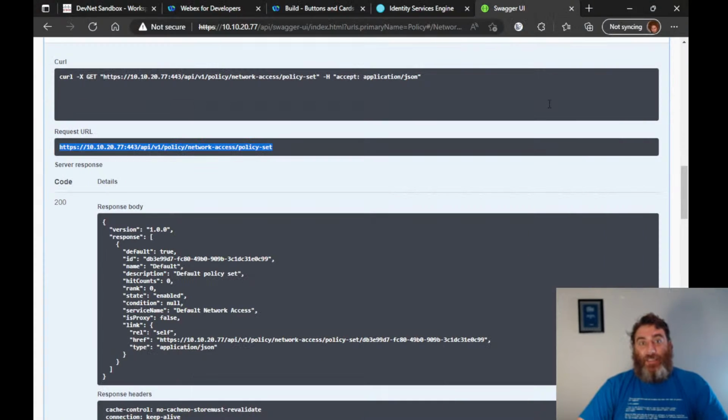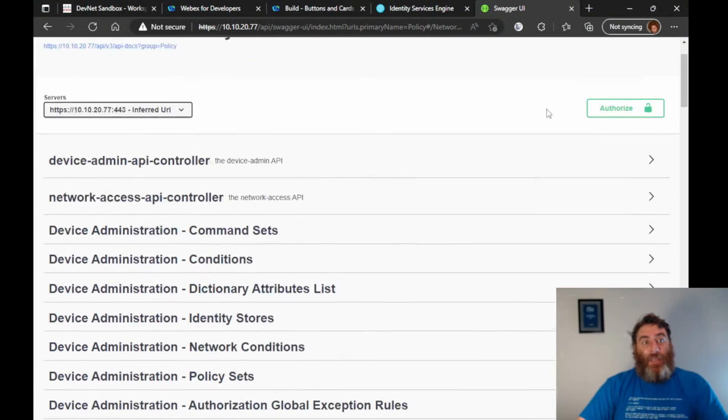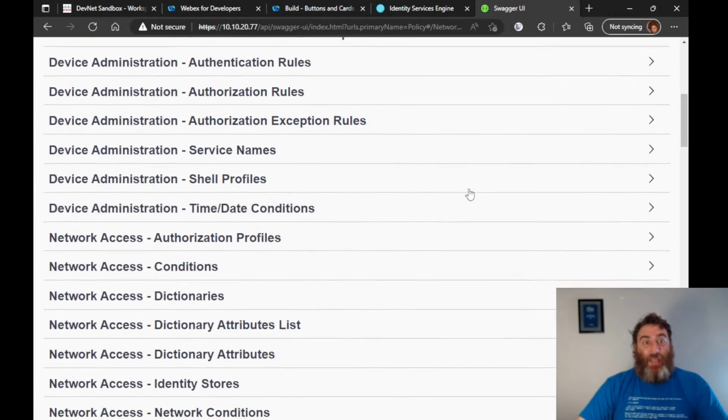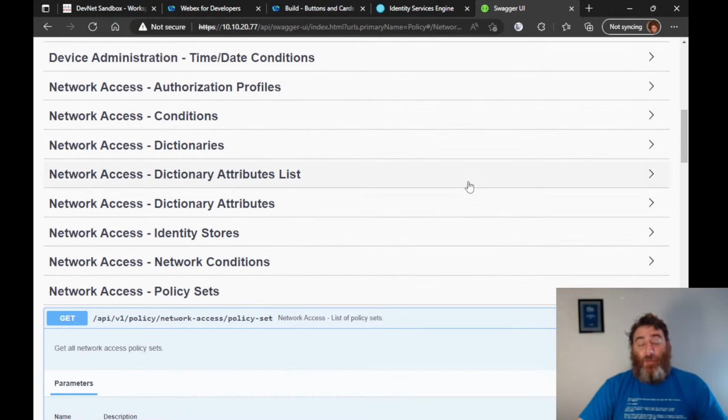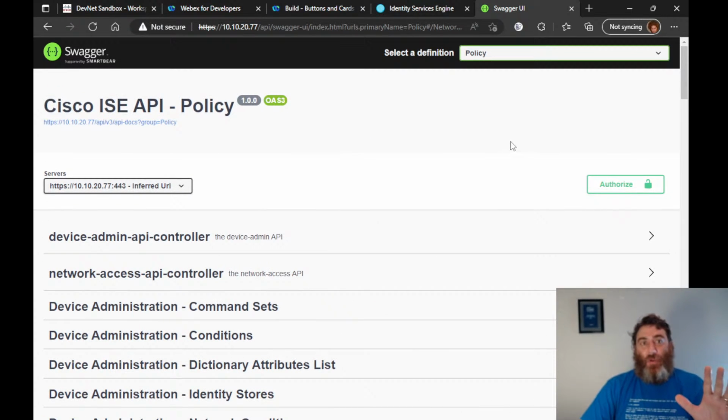So we'll come back to this and we'll look at some different APIs. Again, there are a ton of them, and I've done a good chunk of them already in a different project. So I'll do one live with you here, and that means this project will have an example of the MNT, an example of the ERS, and an example of the OpenAPIs. I'm not going to copy and paste all my existing code on a live stream. I'll probably do that after the fact, but we'll do one just to show you that we have an example